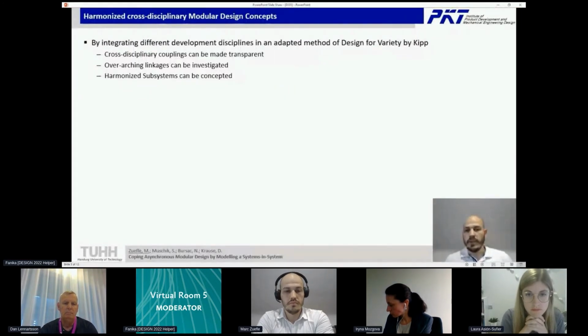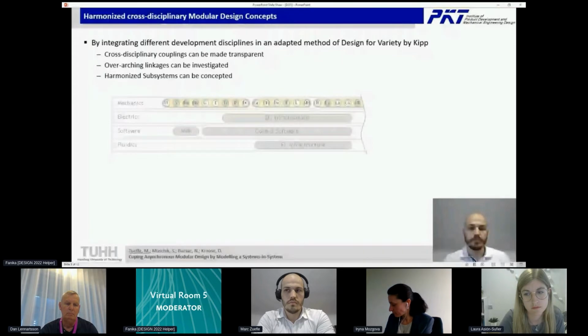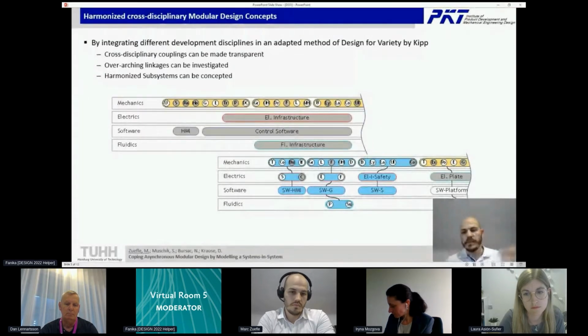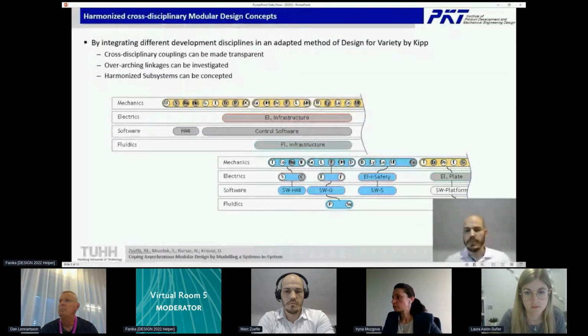So what is our result? Our result was harmonized cross-disciplinary modular design concepts. So it's only concepts, but concepts with cross-disciplinary couplings, which can be made transparent, overarching linkages that can be investigated, and harmonized subsystems that can be conceptualized. As you can see here, from the second level, the modularized system, to the third level, the modularized systems in system, the harmonization is way better in this conceptual view.